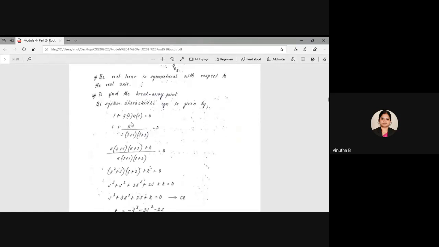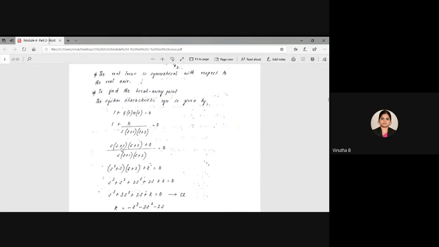Then the loop transfer function is given, substitute and simplify that. When you simplify, you will get it like this. So here, let's multiply all the s terms and then add any terms with the same degrees, and then you will be able to get the characteristic equation. Once you get the characteristic equation, find out the value of k, because you have to derive like this. So differentiate k.